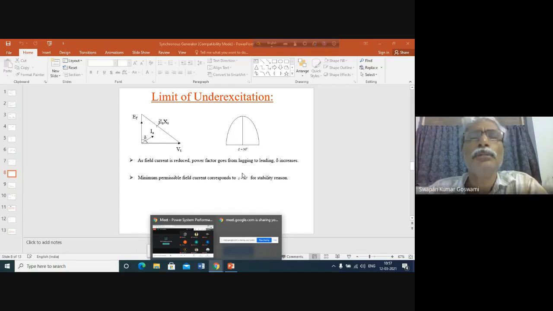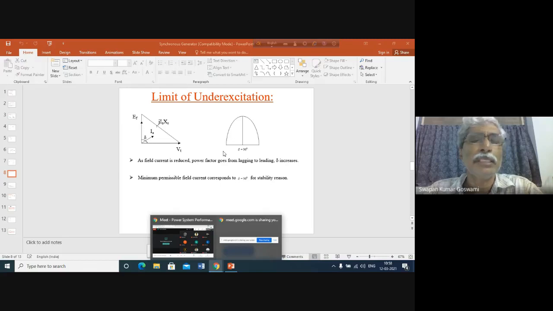So these loads are connected. Obviously, they are absorbing active power. At the same time, they are absorbing reactive power, because only a few loads will be of unity power factor. Loads will generally be inductive in nature, so they will require reactive power supply from the system. So they will draw reactive power, and who will supply this reactive power? Obviously, the generators. They are the primary sources. There are other sources, but they are the primary sources, so they will be supplying reactive power.